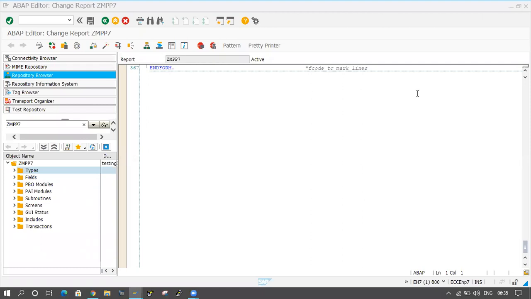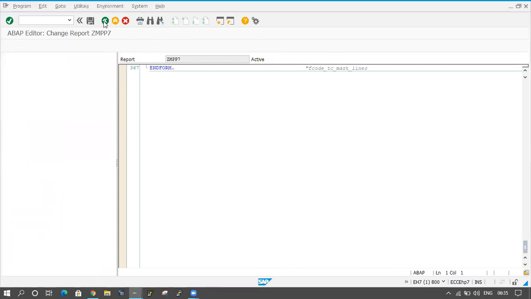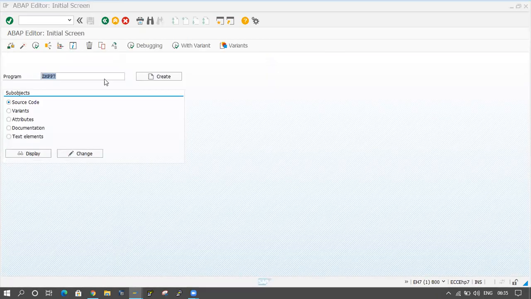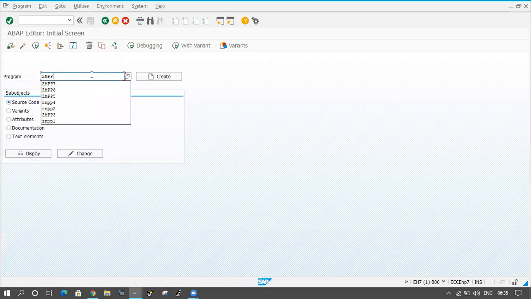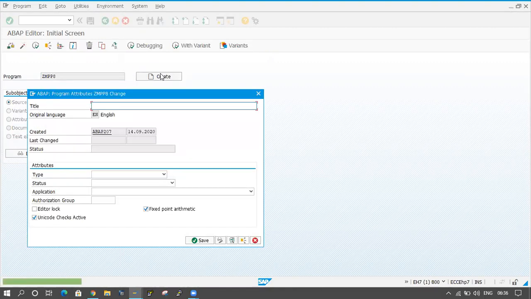Good morning to everyone. In the last class, we discussed table control with wizard and tabs with wizard, but the last class was a little bit clumsy. Some errors were coming, so I will try to do this one more time in a separate program. I'm taking 8 here. Click on create button.